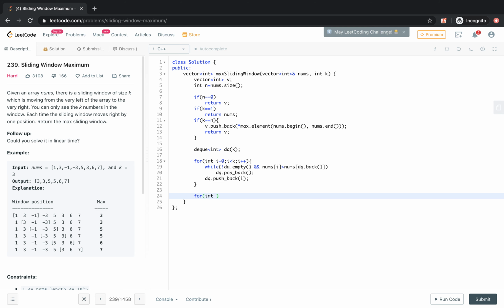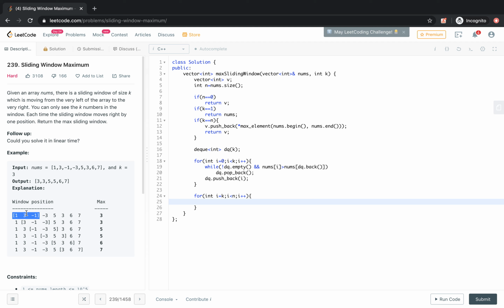So int i equal to k, and we will slide until n. Now what we have to do: whatever the element in the front of the window is going to be part of the result. Like here for the first window 1 3 -1, we have the index of this element in the front, and the index of this element in the back.